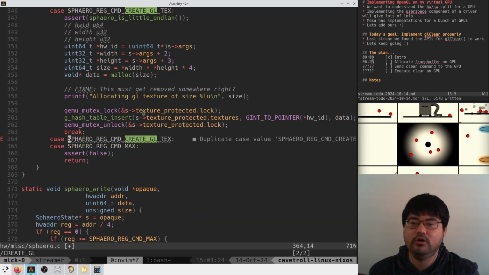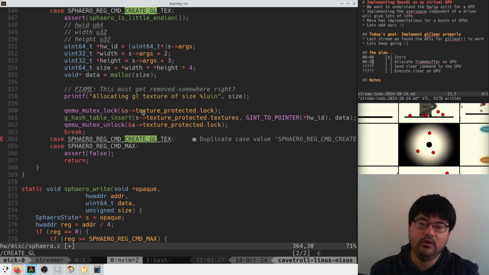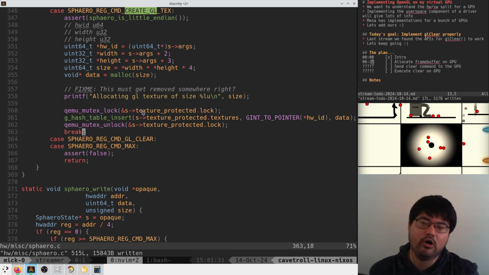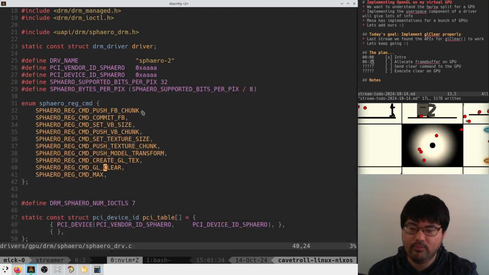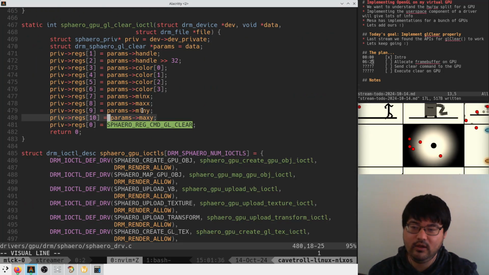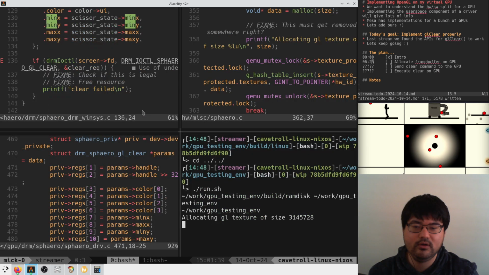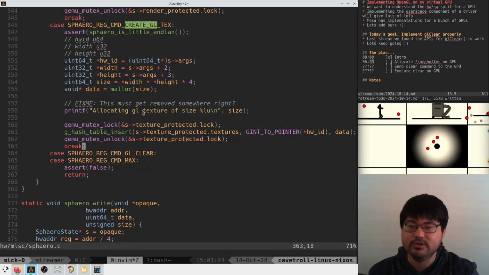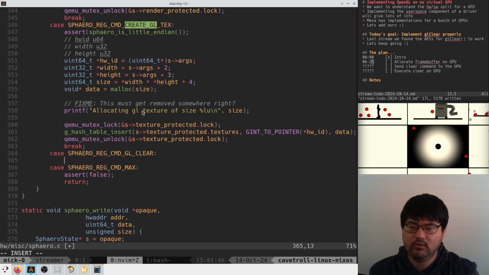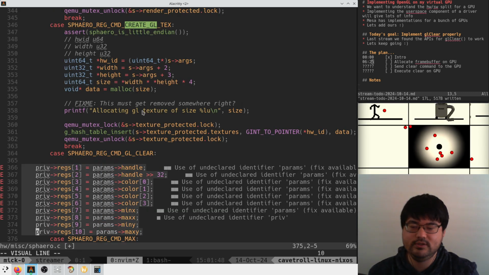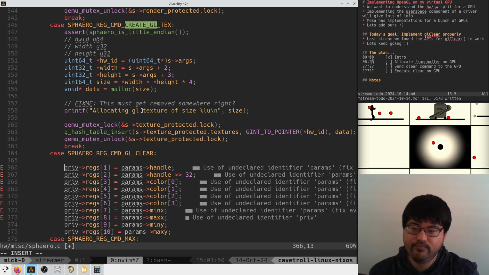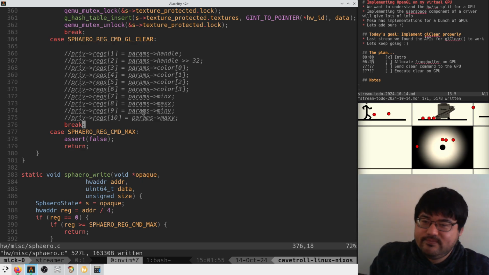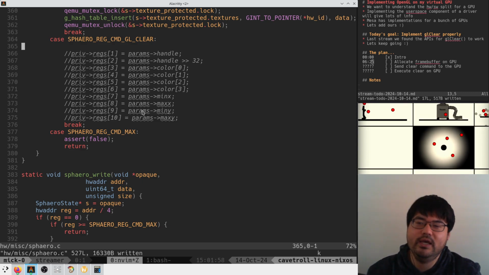So our GL clear is going to have to look up the hardware ID. So I guess we want to kind of go back into this thing and just copy this for a second so that we know what our parameters are. Right, so we'll just slap this like this. We definitely don't want to forget to type break because that always messes us up. And so I guess we will say